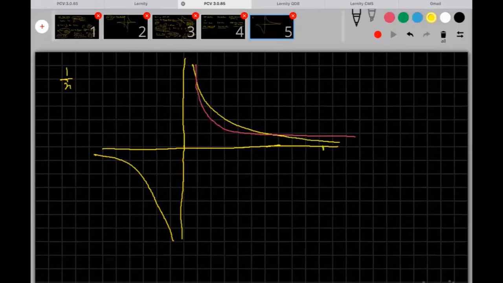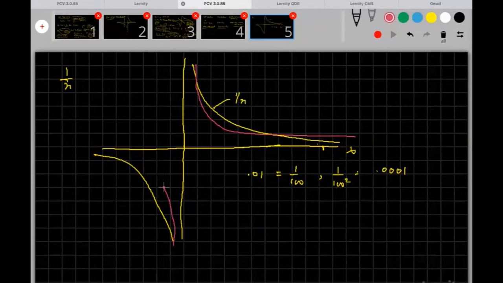So suppose x is some 100. If x is 100, then 1 by x and 1 by x square: you have 1 by 100 and you have 1 by 100 squared. So 1 by 100 squared will become 0.0001. 1 by 100 will be 0.01. So this graph is wrong. If this is 1 by x, then 1 by x will always be above 1 by x square. So that is the kind of logic we have to understand. But 1 by x square will fall faster.